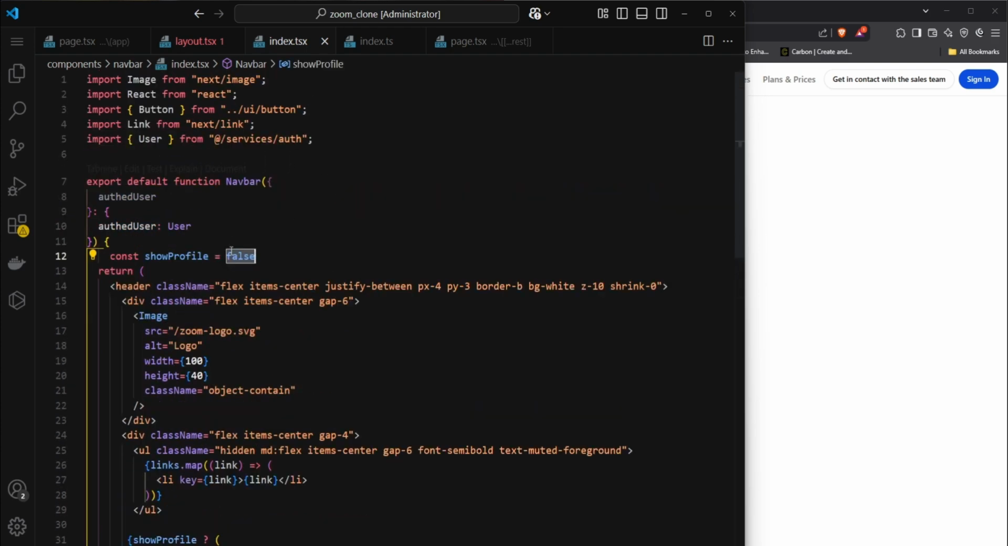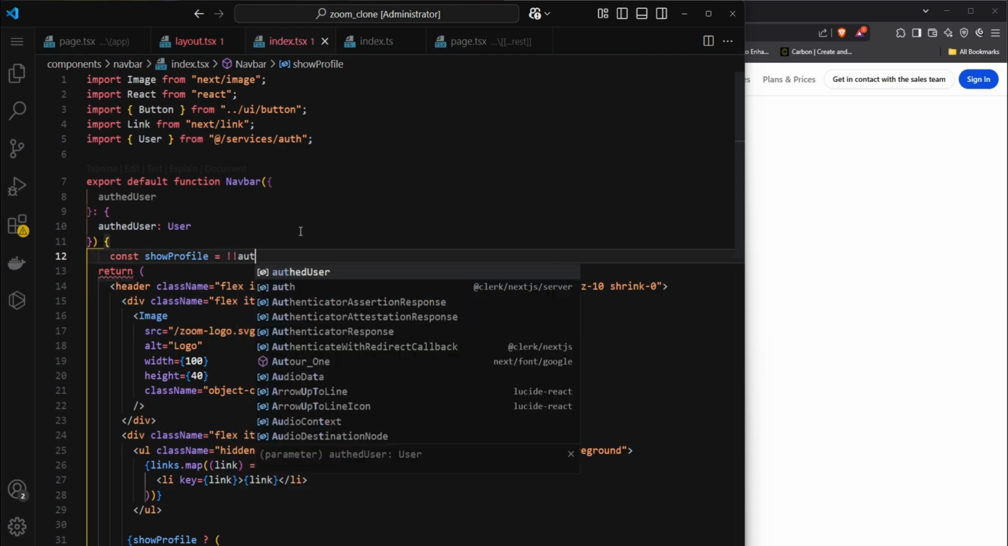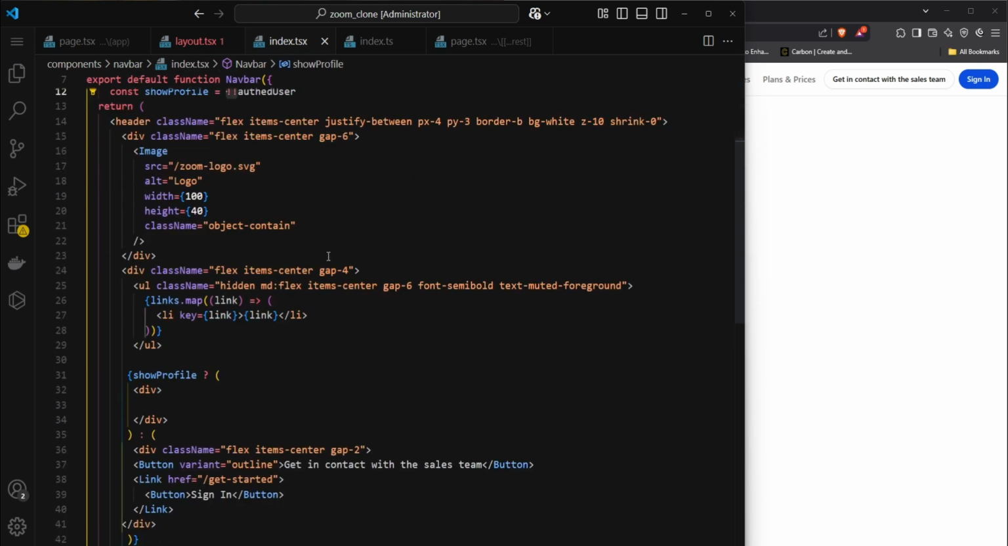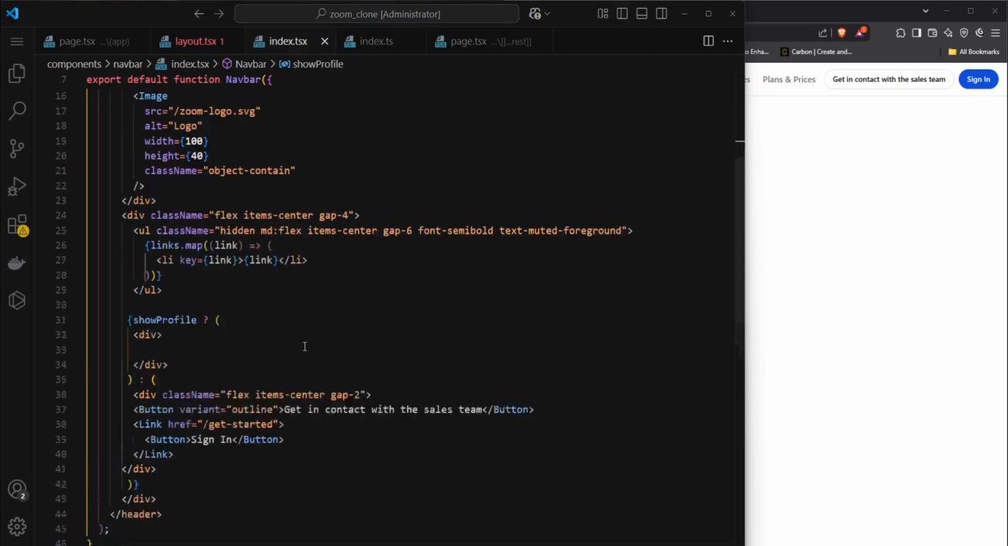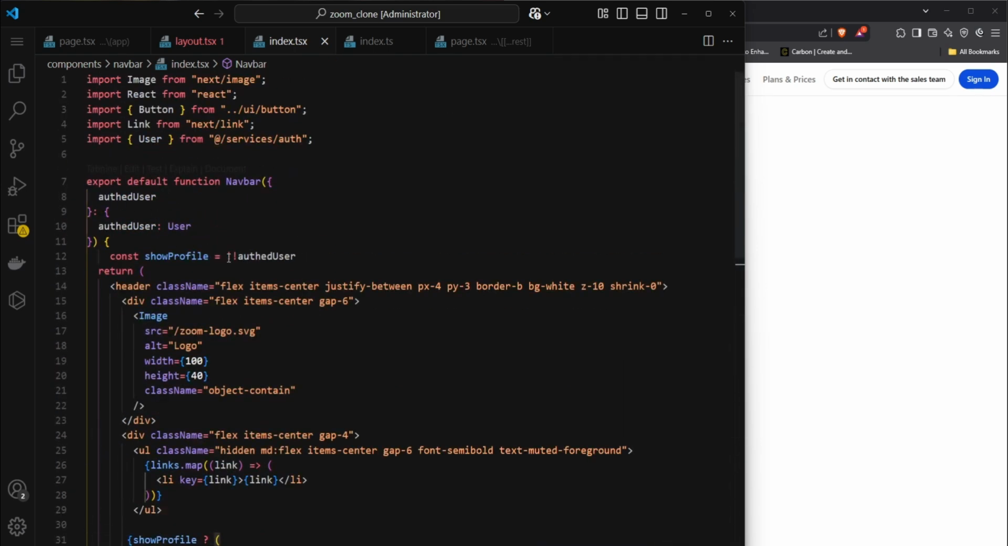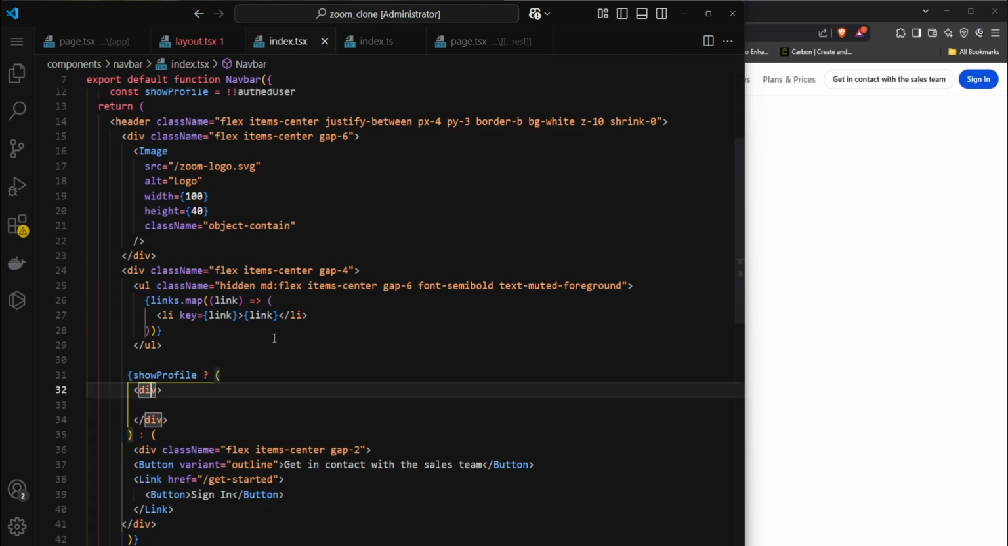Nice. Okay, so now this other dummy variable that we had of show profile, now we can transform this into a real variable. So we are only going to show the profile if we have an auth user. Basically, those two exclamation marks are transforming this into a Boolean value, right? So going back right here on the bottom, if we want to show a profile, in the case we have a user, what we're going to do is